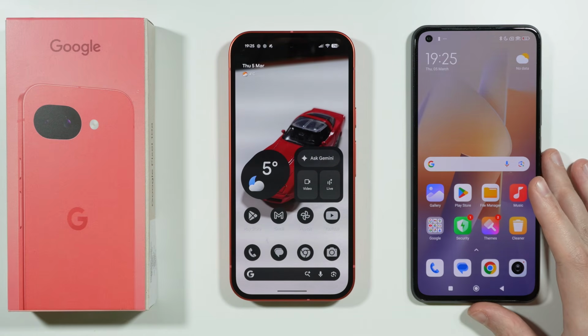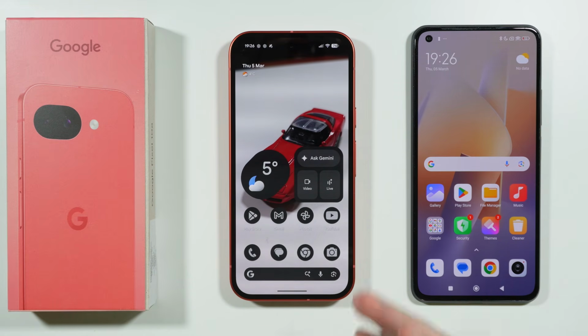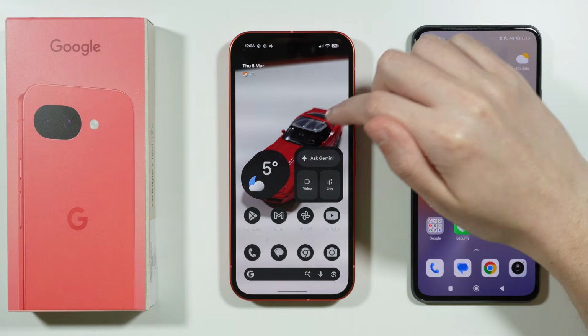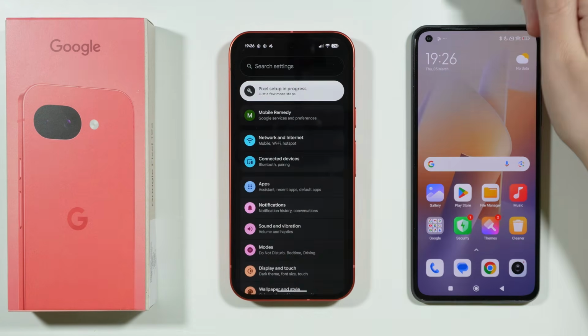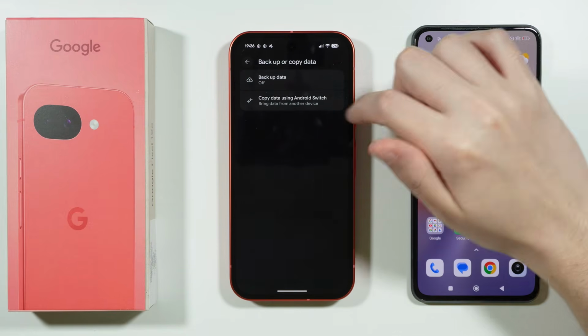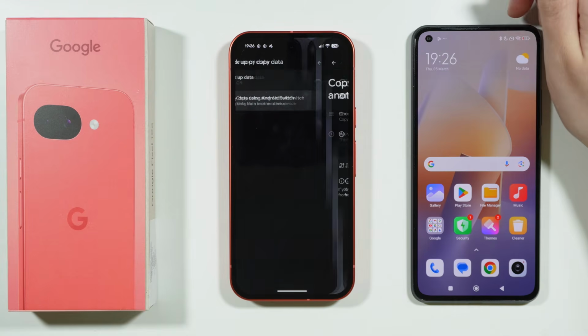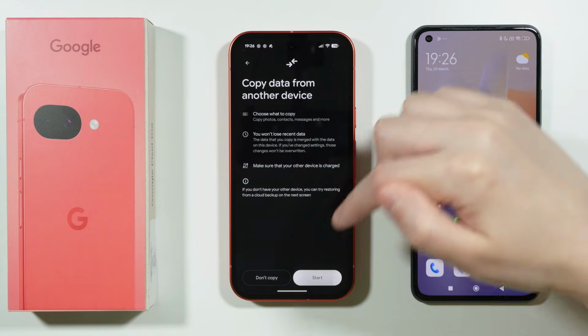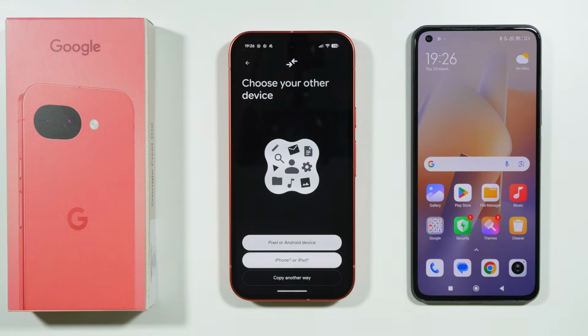If you want to transfer data from your old phone to Google Pixel 10a, here's what you can do. So first of all, on Google Pixel 10a, we're gonna open Settings. Next, in Settings, we're gonna search for Backup or Copy Data option, and then over here we have Copy Data using Android Switch. So you can go over here, press Start, and then we need to choose what is our